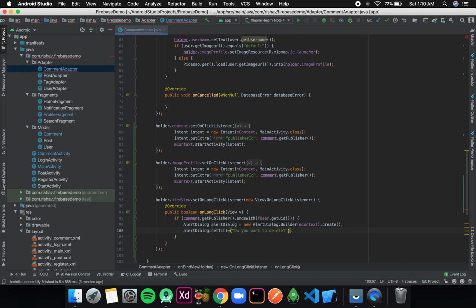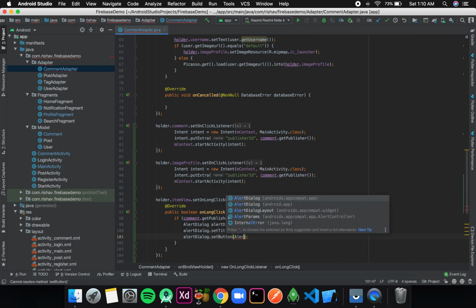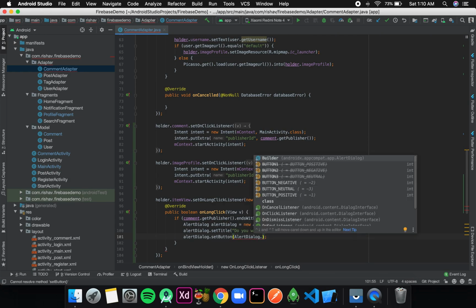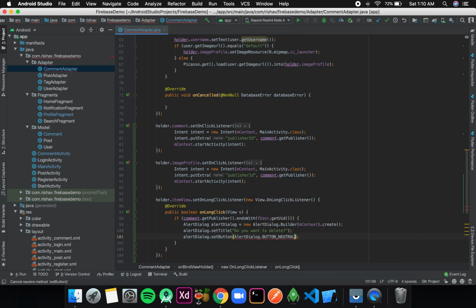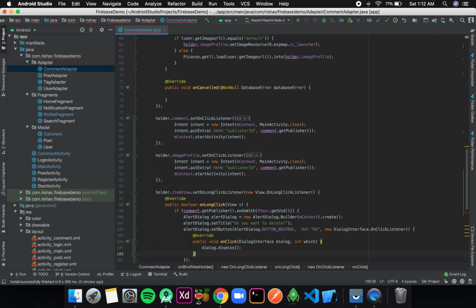Then I'll add buttons, so alert dialog dot set button, and the button is alert dialog dot button neutral. That means on the left side, and the text says no, and then I'll add an on click listener, so new dialog interface dot on click listener, and if the text is no, then I'll simply dismiss the dialog, so dialog dot dismiss.